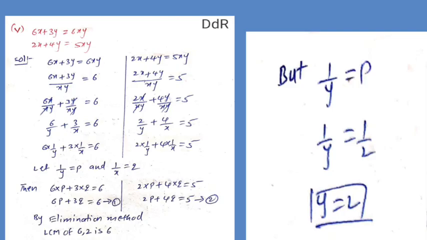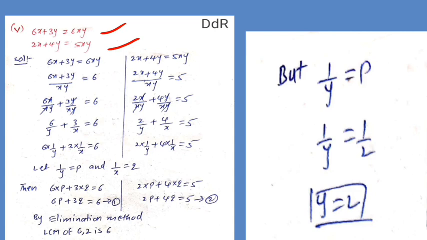Coming to the fourth problem in exercise 4.3, sorry, it is the fourth problem, not the fifth one. The fourth problem is 6x plus 3y equals 6xy, 2x plus 4y equals 5xy. This question is a little different compared with the previous question, because here on the RHS he gave